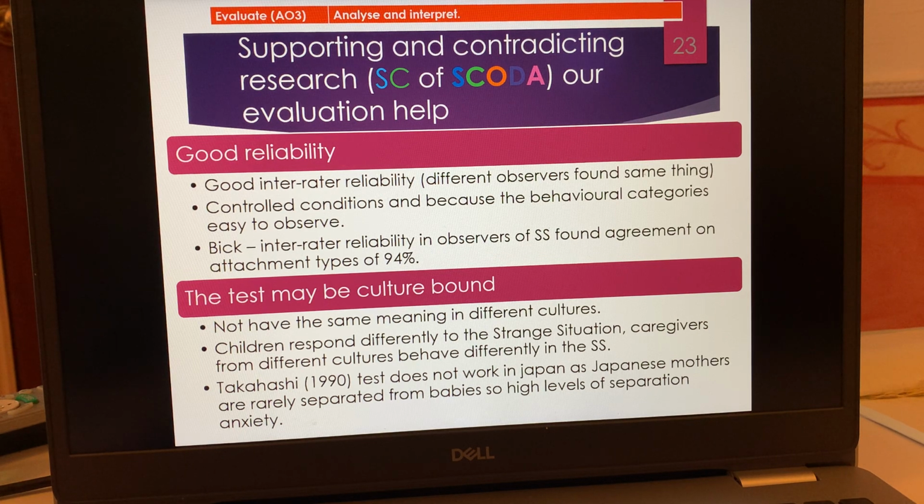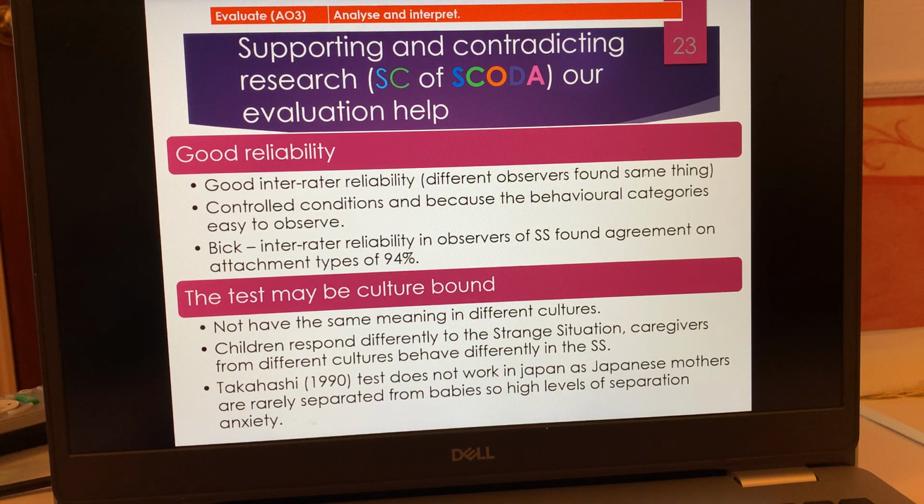It was developed in the US, and they're trying to see it in lots of different countries, but it's an imposed ethic. So 2 key words there. Ethnocentric: it's developed in one culture and it's trying to be applied elsewhere, but it isn't working. And it suffers from imposed etic.